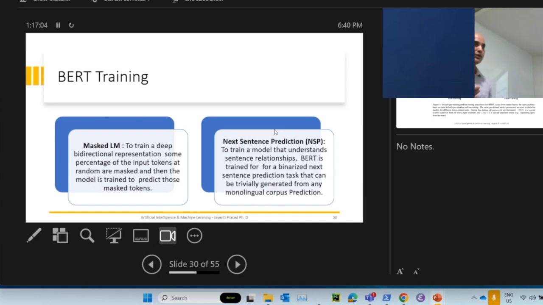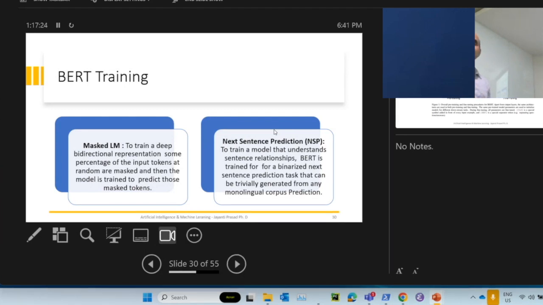So this is the same way that you are forcing, or tuning, the parameters in such a way that the masked word is correctly predicted. You can always do that. There are millions of parameters, and you can always tune them. I gave the example, the sky is blue. If the sky is masked, you tune these parameters such that the probability of getting the appropriate word is maximum. So this is the masked language model. So this was one component.